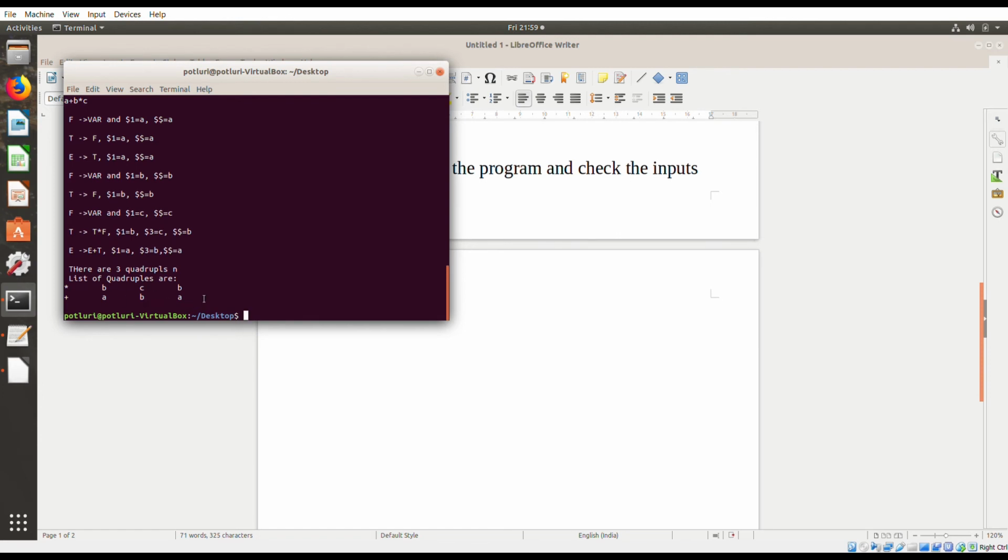Now, as we saw in theory, there is a small difference between the theory and the practical thing, because here the result is stored in the variable which is given in the expression. That is, instead of creating extra temporary variables, it is storing into the given variables to make the computation faster. As it is stored in B, as you can see here, it actually reduces the memory usage so that the computation speed will be increased.